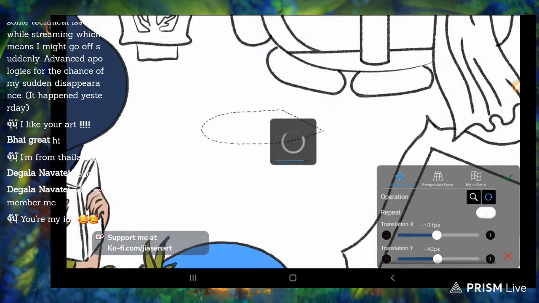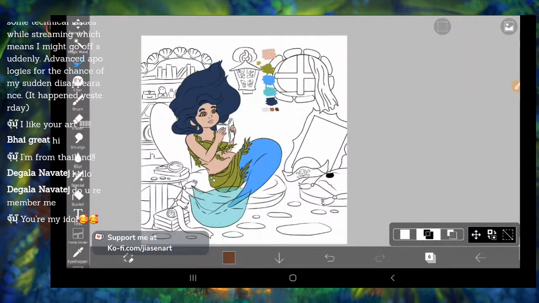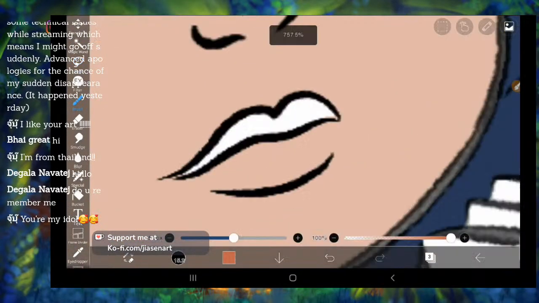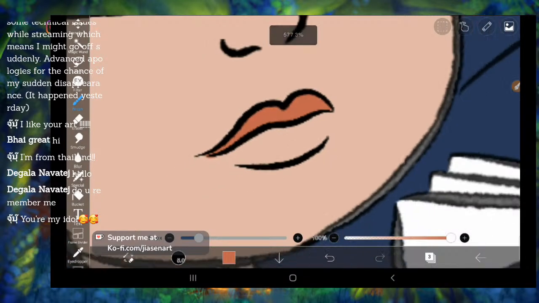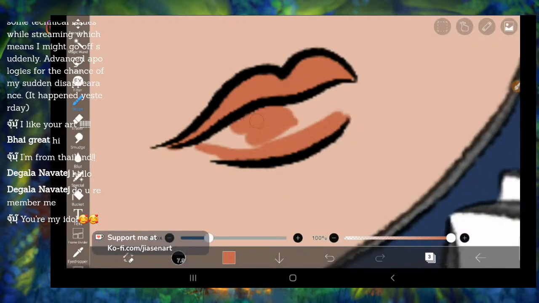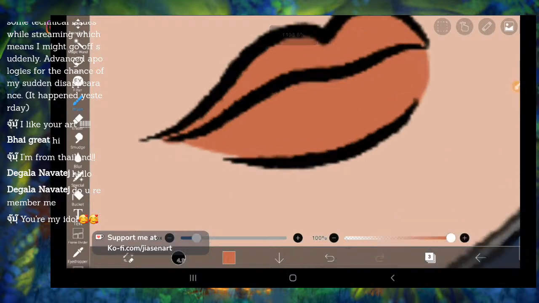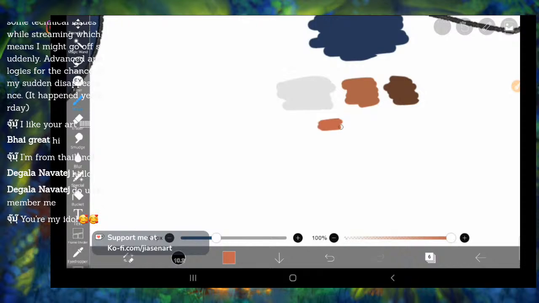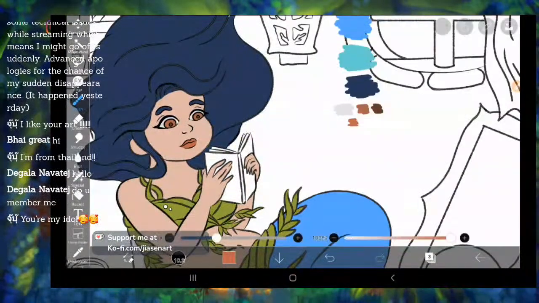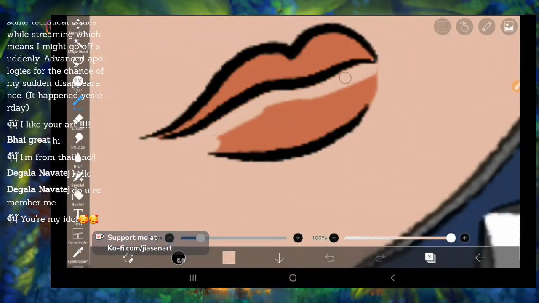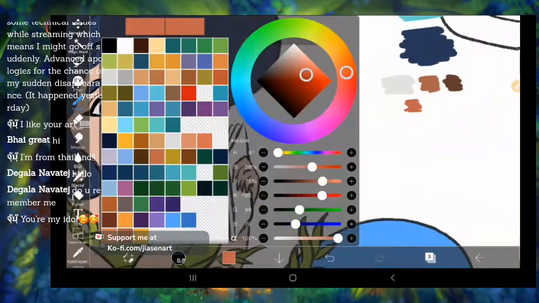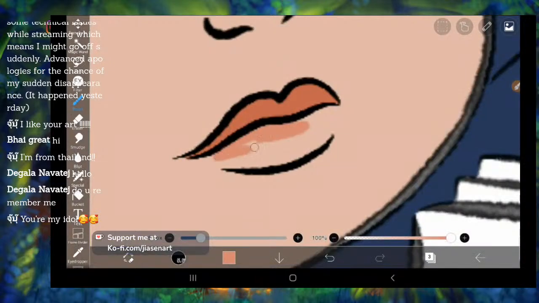So this is one method. This is very new for me actually. I don't know if any of you have tried that. What kind of style do you do? You can just comment, write it down on chat, whether you do outline first, then fill in the color, or if you start with color from the very beginning. How do you do that?